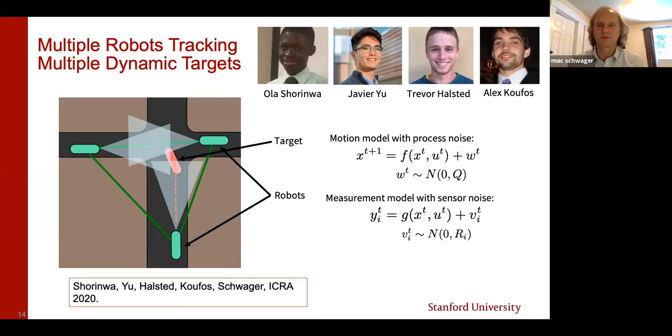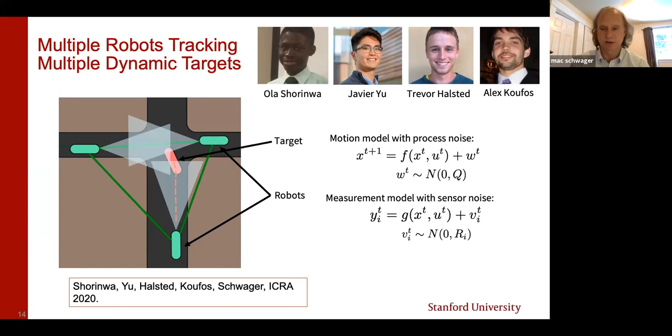This is the standard sort of Kalman filter or extended Kalman filter setup. Now, in this ICRA paper, we assume that the dynamics were linear. So it's linear Gaussian, standard sort of Kalman filter style dynamics. But it doesn't have to be that way, because we're dealing with optimization here, we can deal with a nonlinear f function. But if you go to the ICRA paper, you will not find a nonlinear f function.